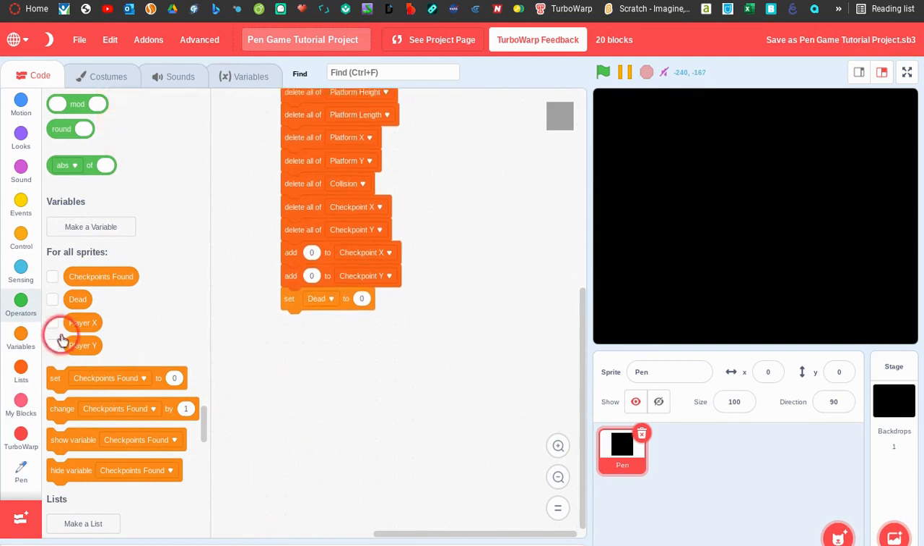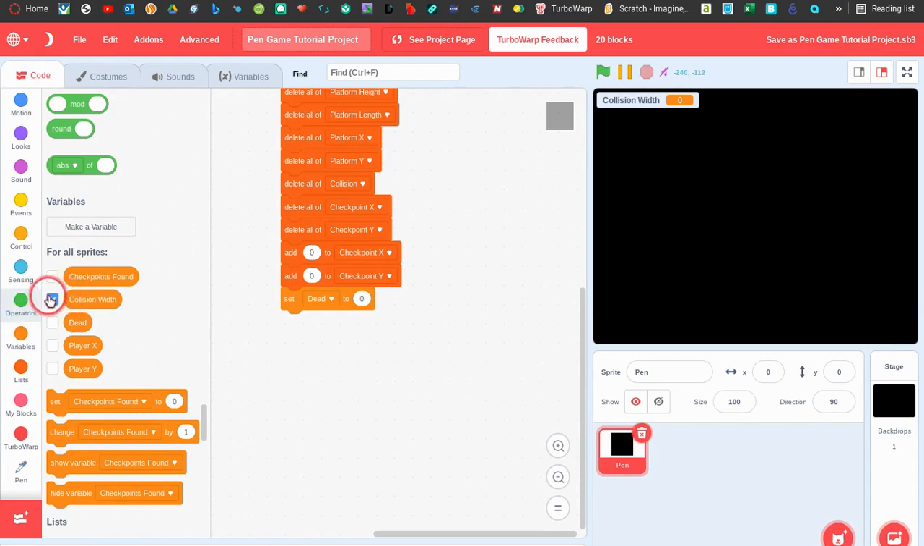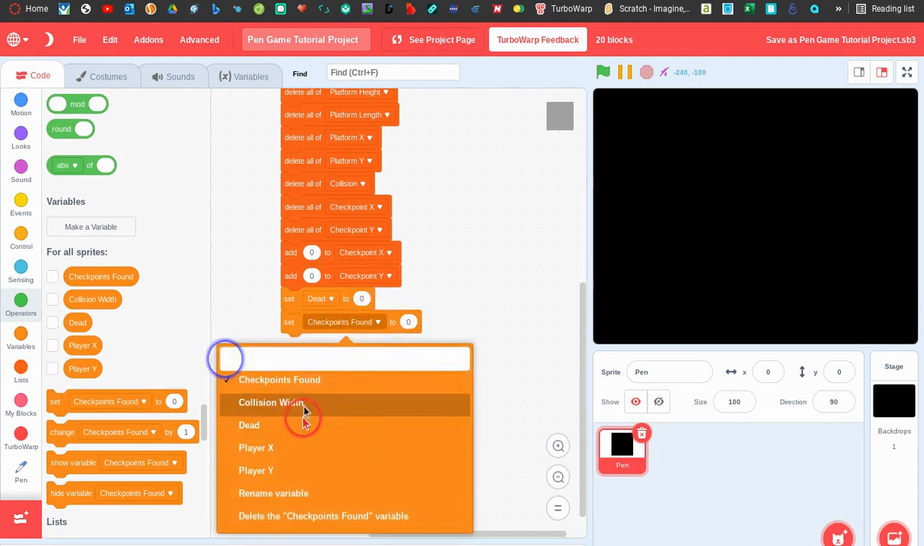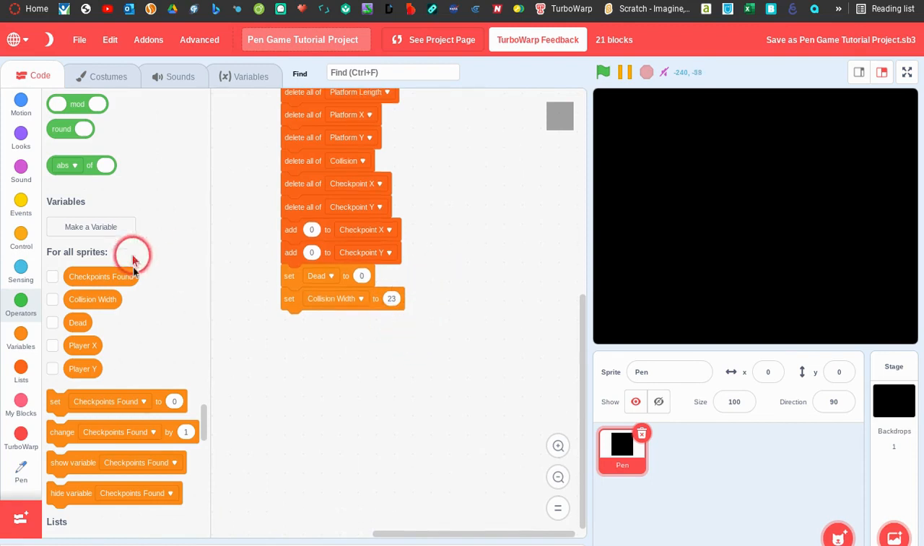We're also going to need a variable called collision width. And you should probably do this the same as me, with the same size square, because I've already have it custom made to this. So then we're gonna set the collision width to be 23, and then we're going to set the player X